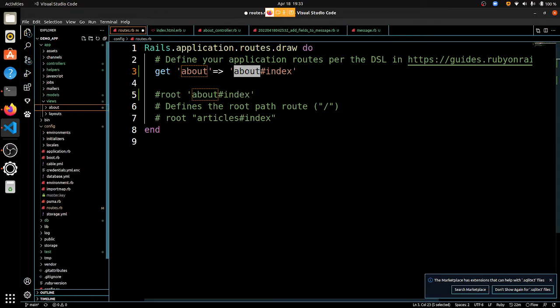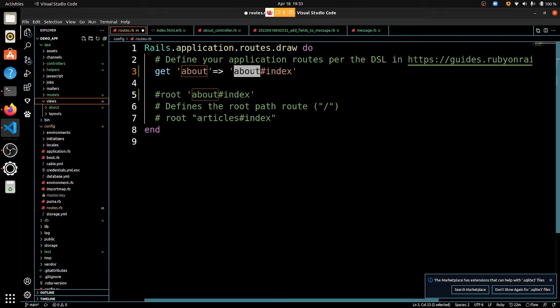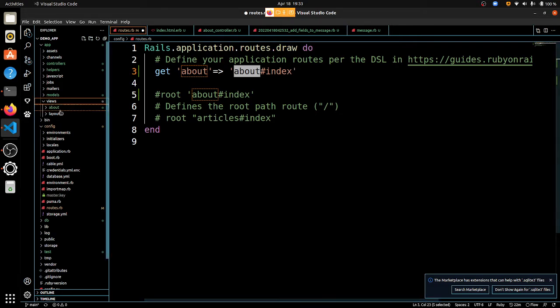If you write something here, that means you should create the same folder in the views column. Inside views there should be something with the same name. After this, hash index defines that inside this about there is an index.html page